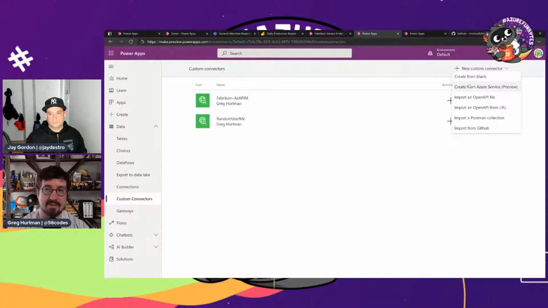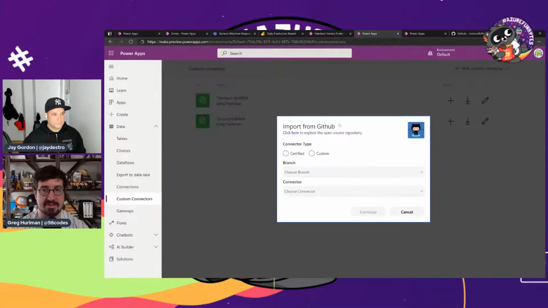I can create from blank, grab an Azure service directly, a few different options. We can even import from GitHub. I'll just click on this to show you real quick. This is super neat and fairly new. If I click here to open up that repository, this is choosing connectors that are out there that folks in the community have